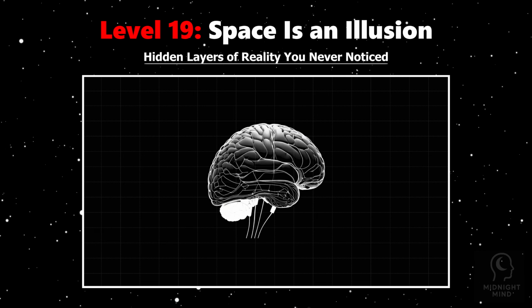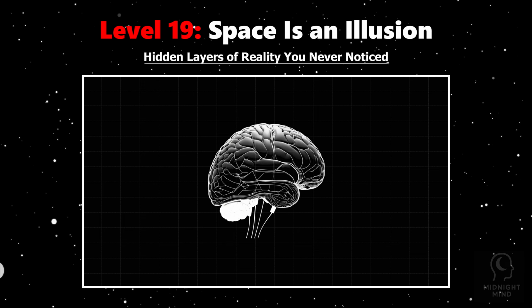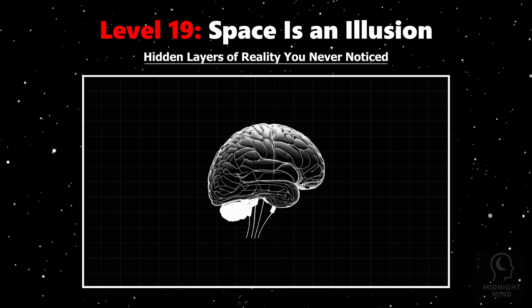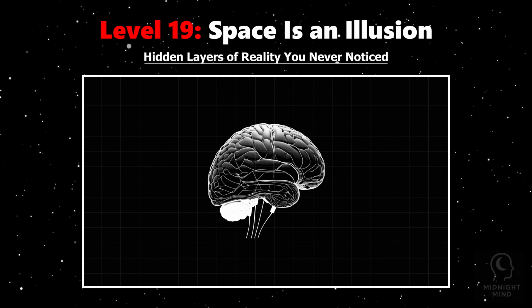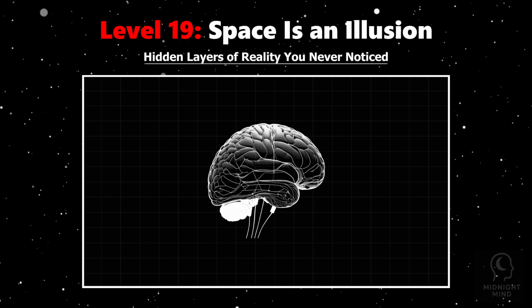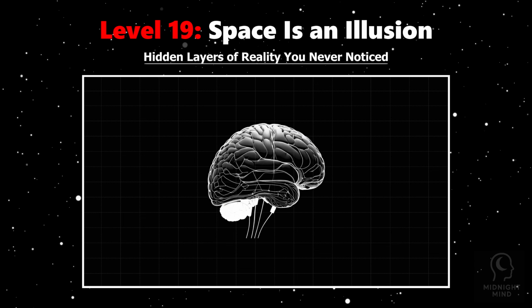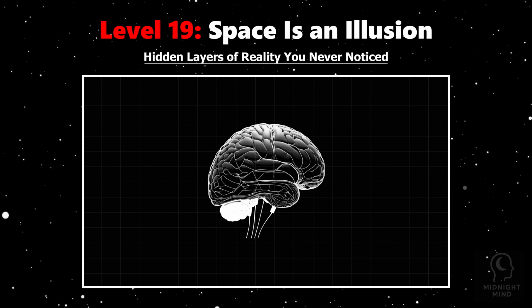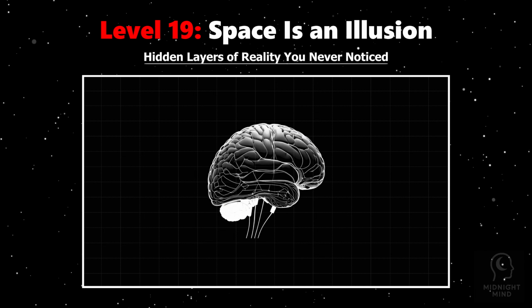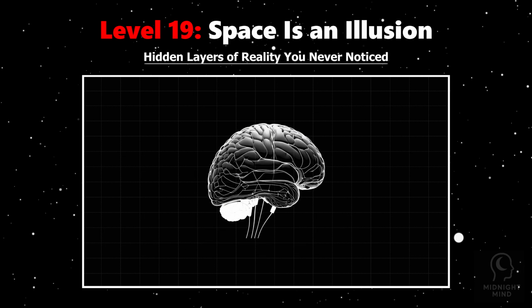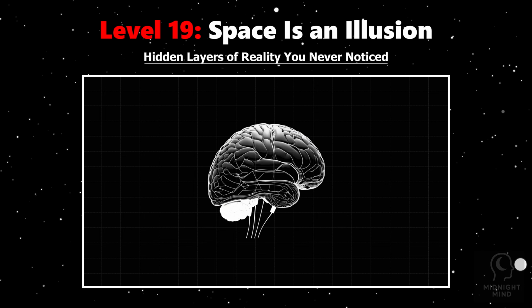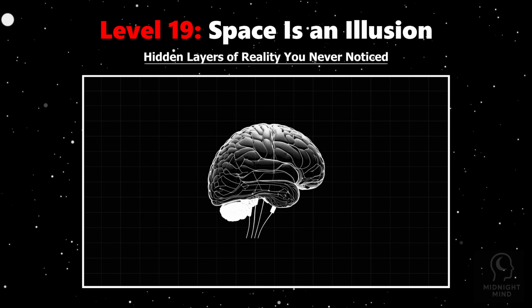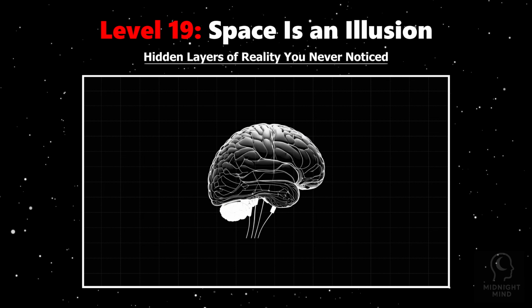For example, your eyes' slight differences in view, called binocular disparity, let your brain estimate depth. But this is not measuring space itself. It's interpreting differences in sensory input. Quantum physics suggests that at fundamental levels, space may not be a continuous fabric, but an emergent phenomenon from information processing. Your brain's space is a user interface, a simplified model for survival, not an absolute reality.